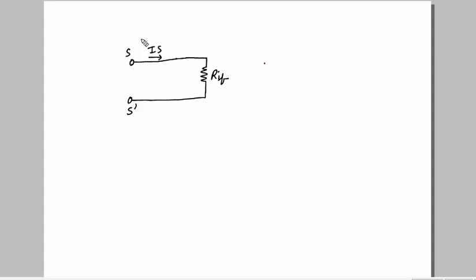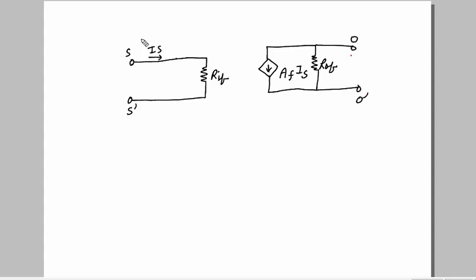Okay, and output side also we are going to have a current of value AF IS, okay, and then output resistance with feedback, which is ROF, and this is going to be connected to the terminal